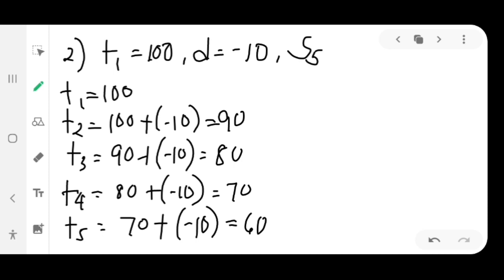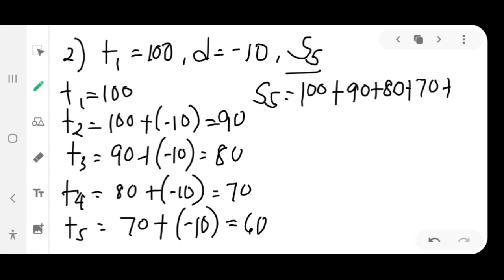So the first 5 terms of this sequence with 100 as first term and negative 10 as common difference is 100, 90, 80, 70, and 60. Let us solve now for the sum of these terms. So S sub 5 is equal to 100 plus 90 plus 80 plus 70 plus 60. So the sum of these terms is